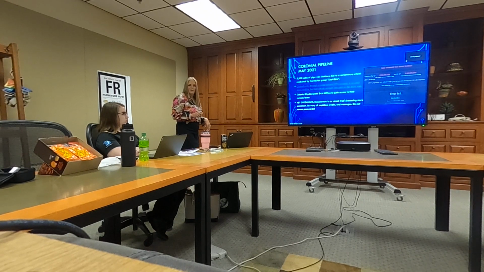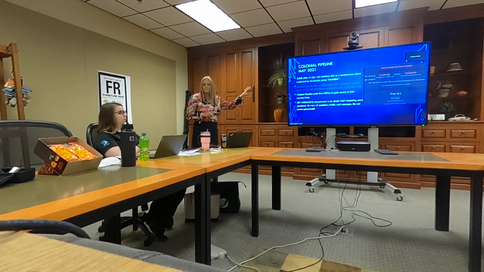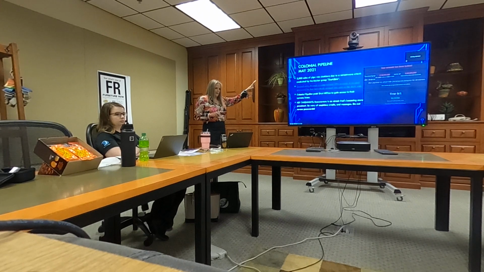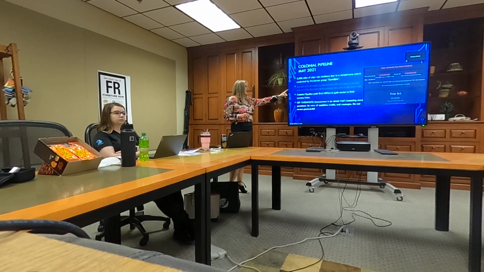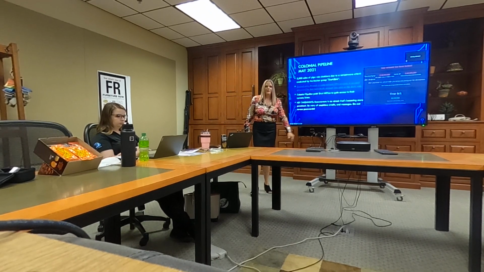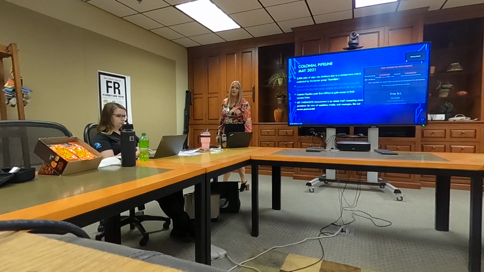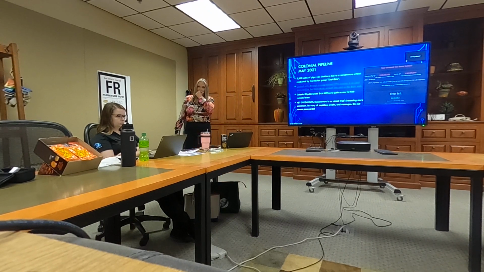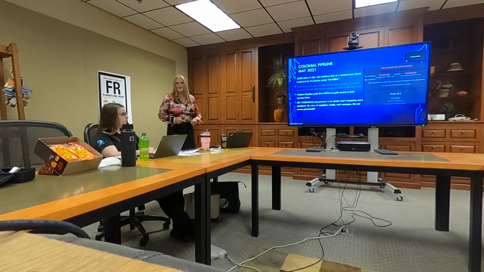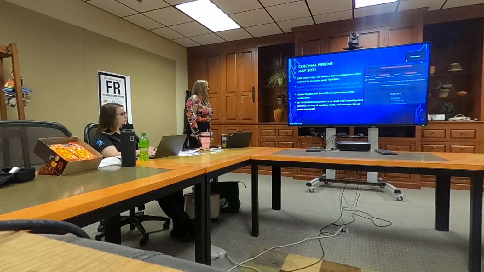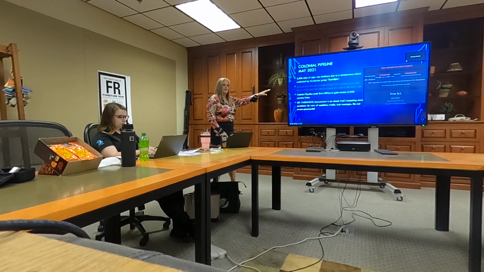Colonial Pipeline, we all know about this one, right? This was a big one. This became a state of emergency. President Biden declared a state of emergency and the FBI got involved. They were compromised through a VPN. They were able to get somebody's VPN credentials. VPNs are great and they're safe, but if somebody gets that information, that's a whole other story. They're always looking for somebody to trick into giving that information.